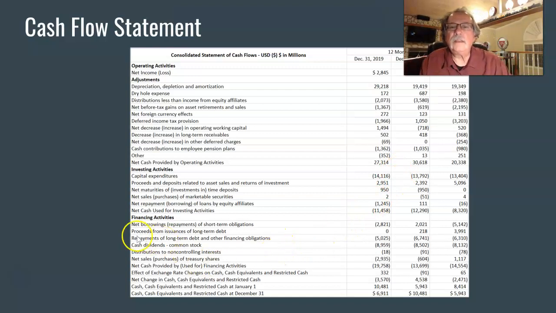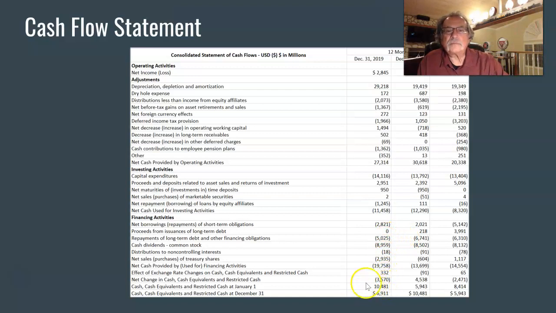And then if you look at what they did with it, they spent $14 billion on capital expenditure. So they put $14 billion back into the company. And then there's other junk going on here, little details. But then they borrowed an additional $3 billion. They paid off $3 billion in debt. They paid $9 billion in dividends. So if you net all of this up,